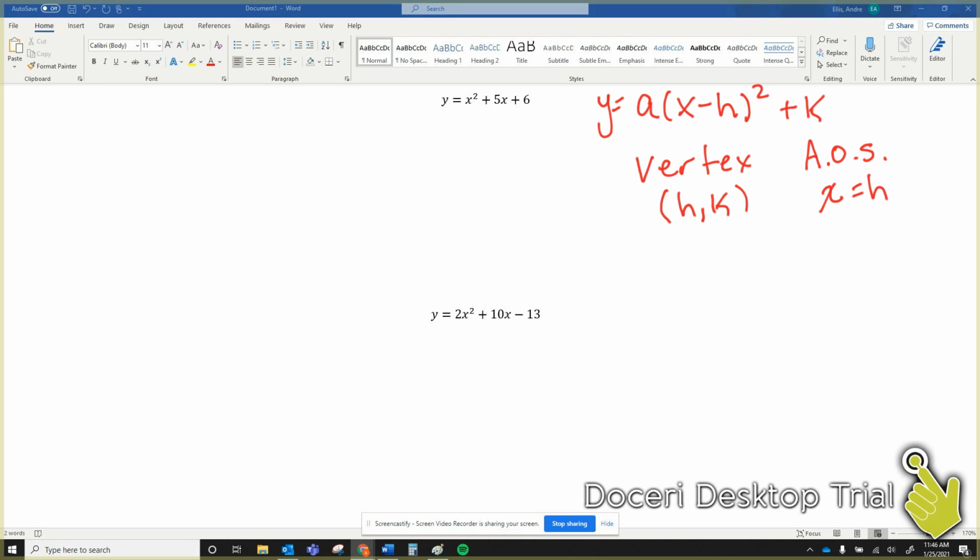Now, the way that we convert into vertex form is by using the completing the square from 3.5b. So I'll go through the steps for this one. X squared plus 5x plus 6. Step 1, actually